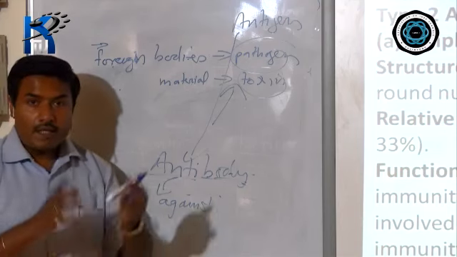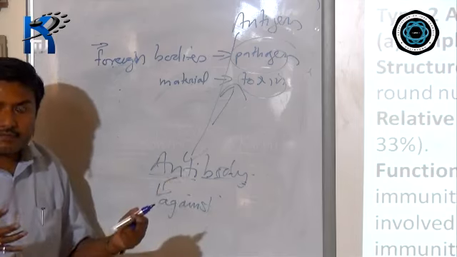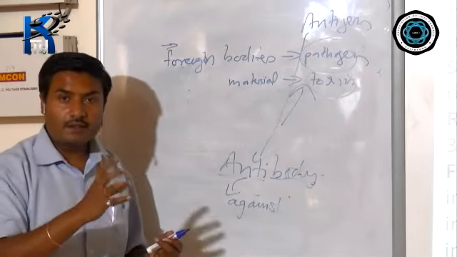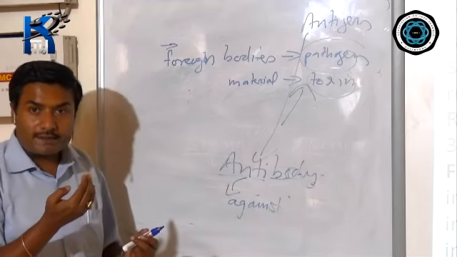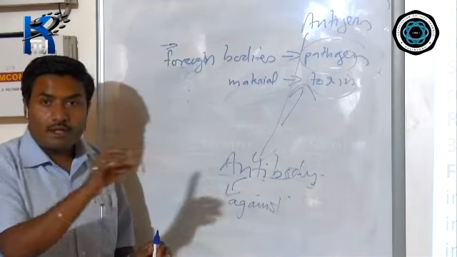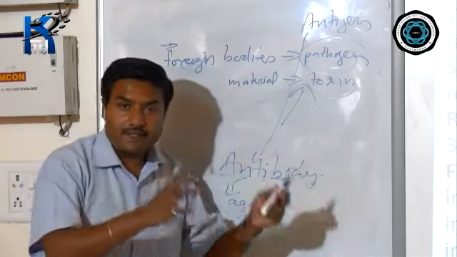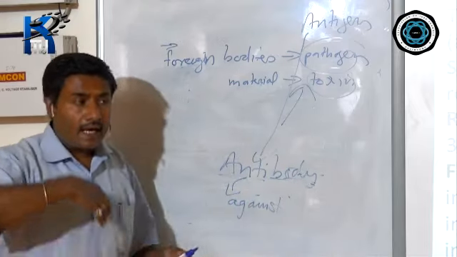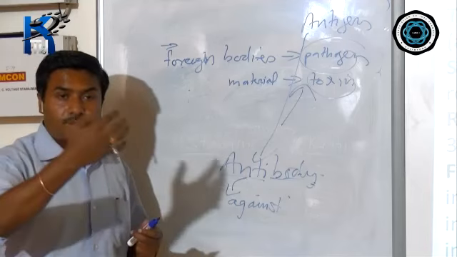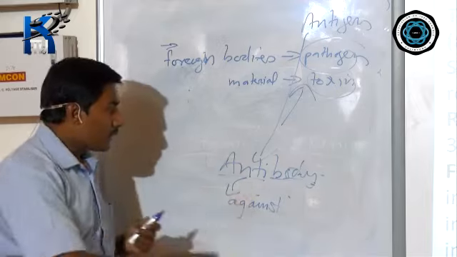Suppose someone is throwing fire, then in order to extinguish the fire, what will you use? You will use water. So here fire is the antigen, and in response you are stopping it, preventing it. That water becomes an antibody. Similarly in our body, when bacteria or a virus makes an invasion, or by chemical or any activity, whatever is produced by our body in response to that antigen, we use the term antibody.